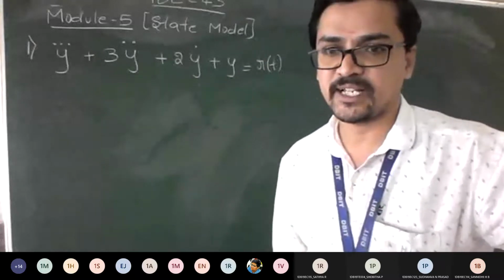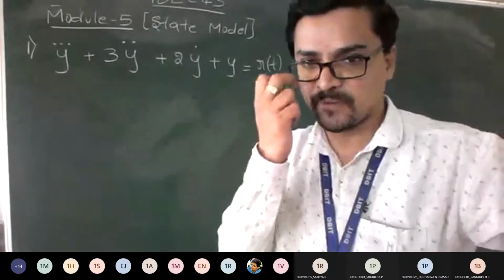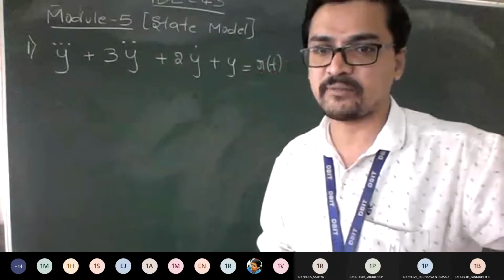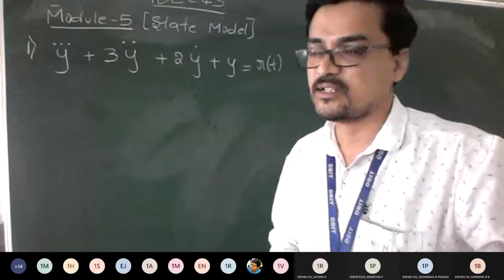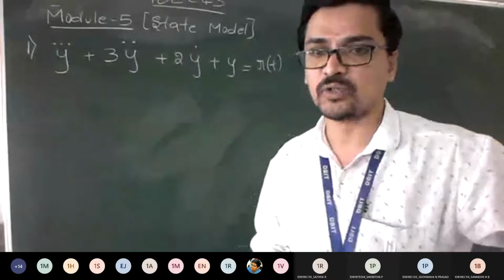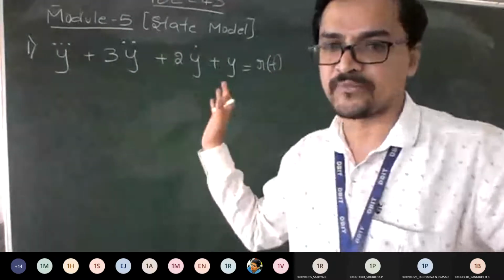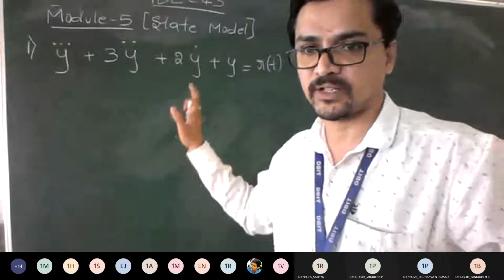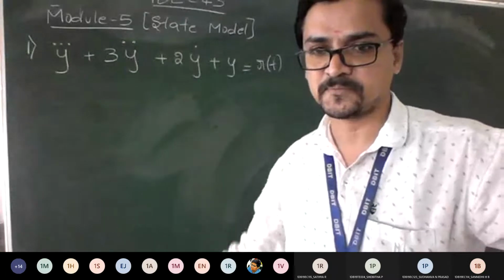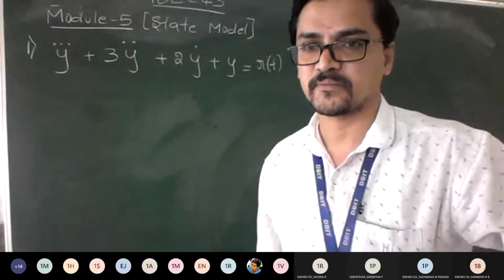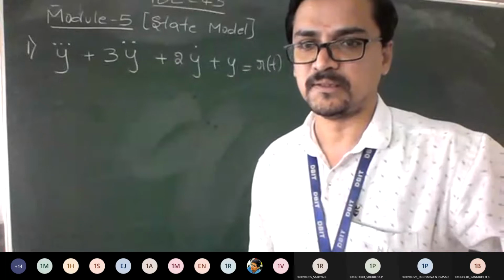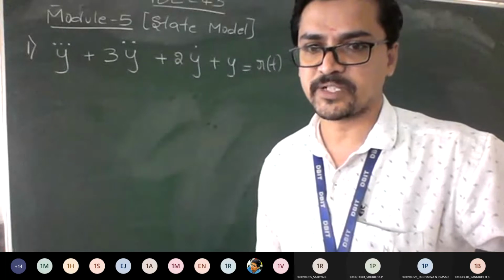In the previous category, a network would have been given, and from that we would have calculated by applying mesh analysis and nodal analysis. Now we need to work out how to write a state variable equation and output equation for this type of problem. So the question is written. Shall we proceed?